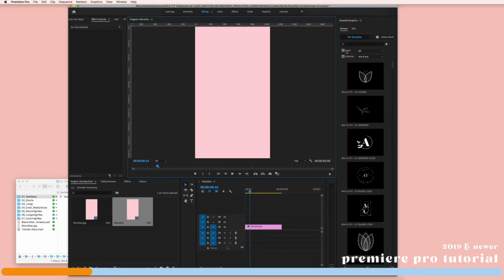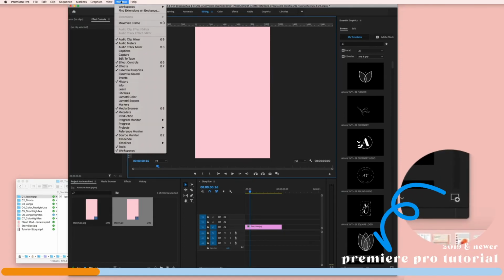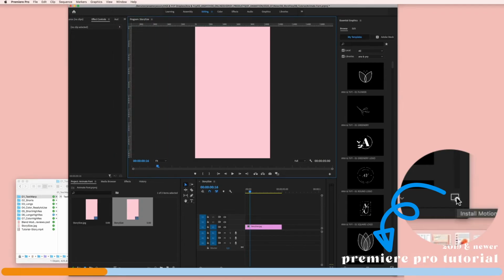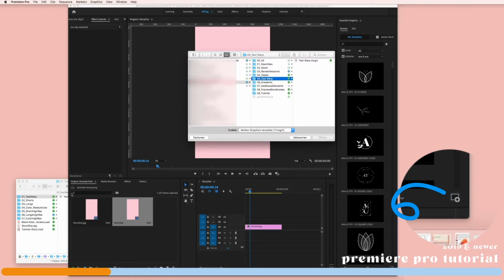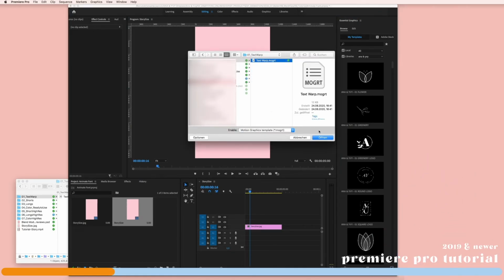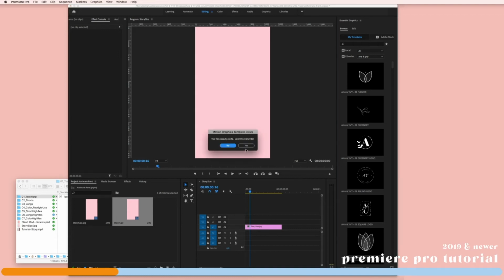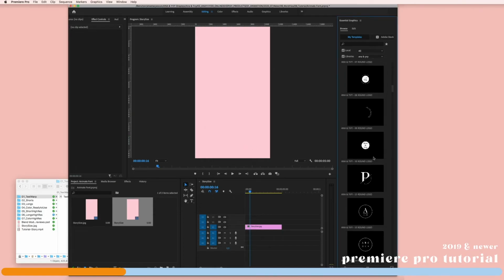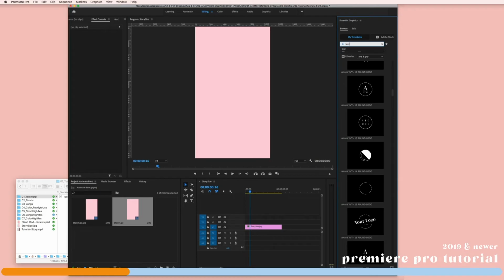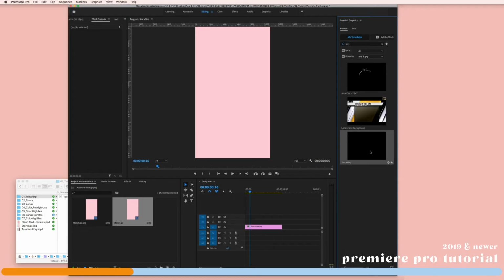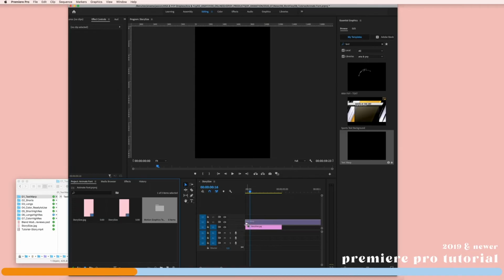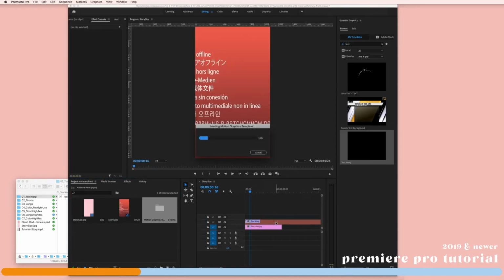So we have the Essential Graphics over here. If you don't see this in the editing section, go to Window, and then you will find the Essential Graphics panel here, and then I click on the small icon. Here we go, and simply import the text warp. I already have it inside here, so I will overwrite it for the example. Let me see. Here we go. We have this text warp, and we drag it on top of our JPEG inside of our